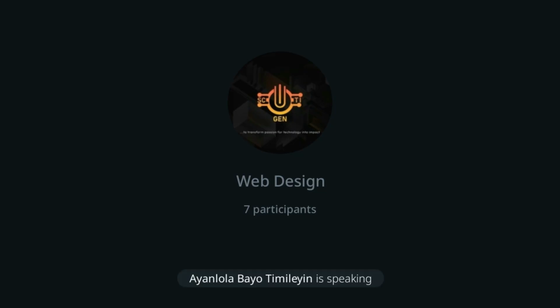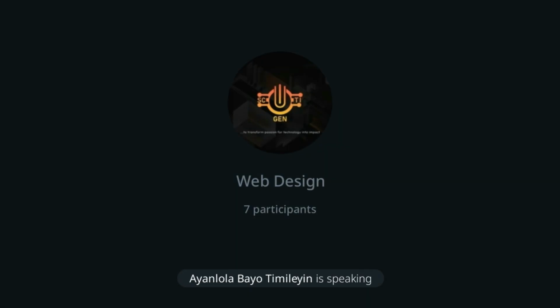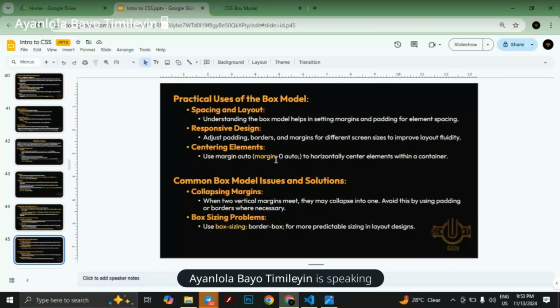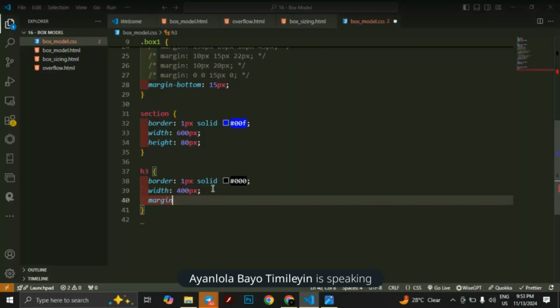And now, great. So right now, if I want to center this H3 horizontally inside its container, that is where we can now use the margin. Look at it right here. So, centering elements: use margin auto, that is margin 0 auto, to horizontally center elements within a container. So on the H3 now, I'm going to set the margin to 0. 0 means I don't want any margin to the top and bottom of this element. But what this auto means is that, if I head back to the browser,